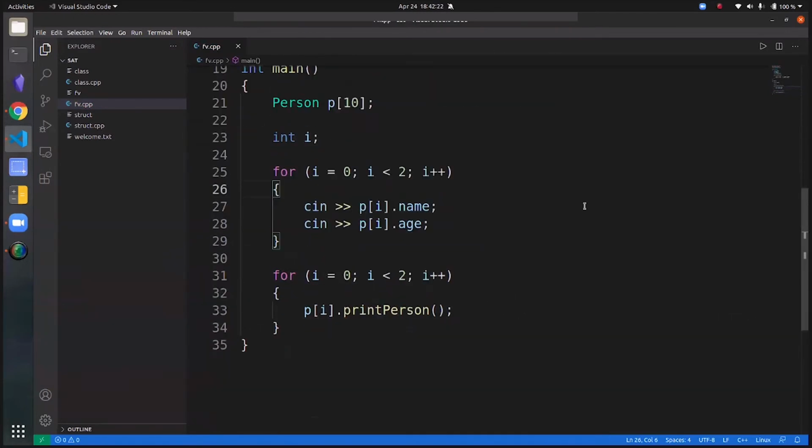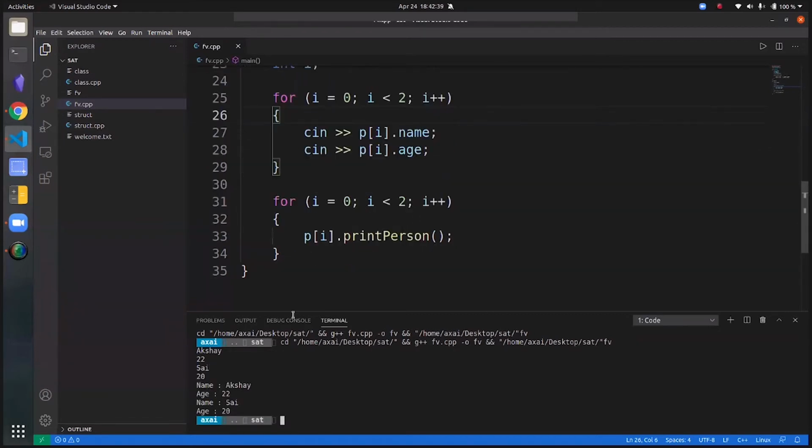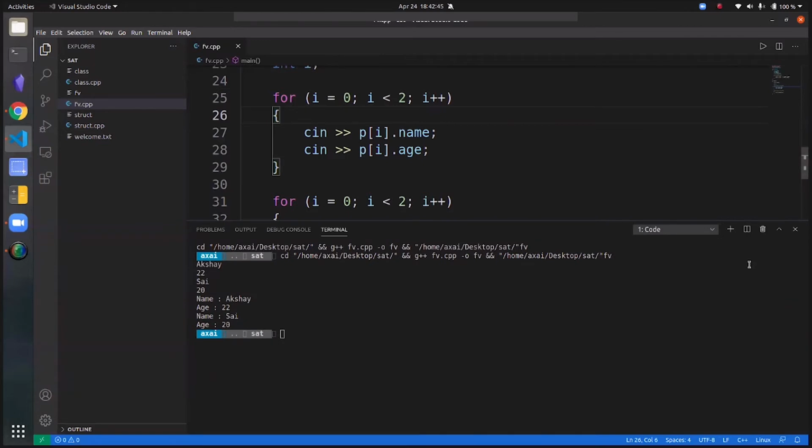Now I have to enter my name and my age, which is 22. Next, I'll enter Sai Kiran's name. Okay, it's Sai. That should be enough. And Sai Kiran's age, which is 20. So now, as you can see, my details and Sai Kiran's details were printed onto the screen.